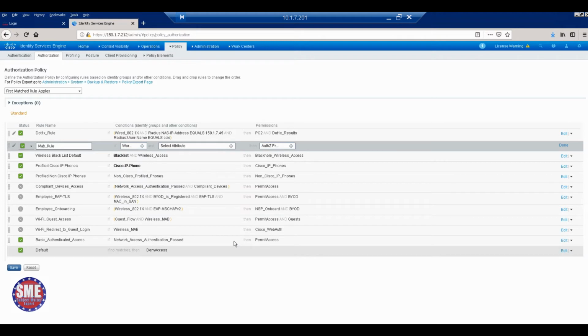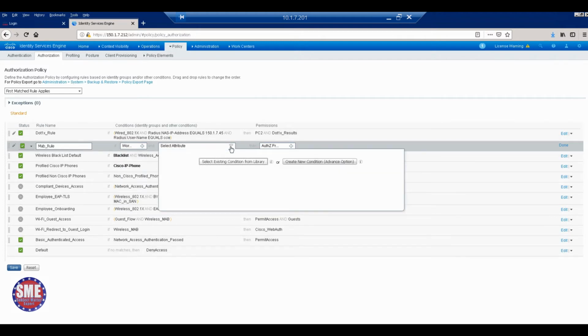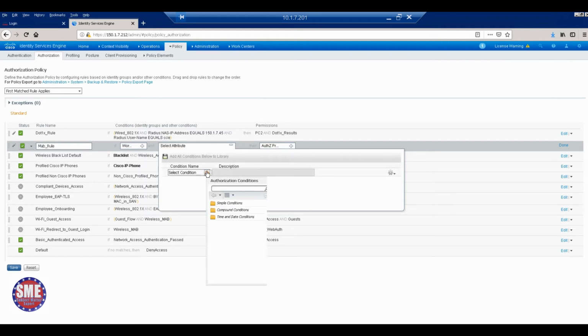Workstation, yeah. If workstation, that means PC. We call the PC. If it is coming from the PC, what are the conditions? It should match the wired MAP request. Second, it should match from this one IP switch. MAP it. Select the existing condition. What? Wired MAP.